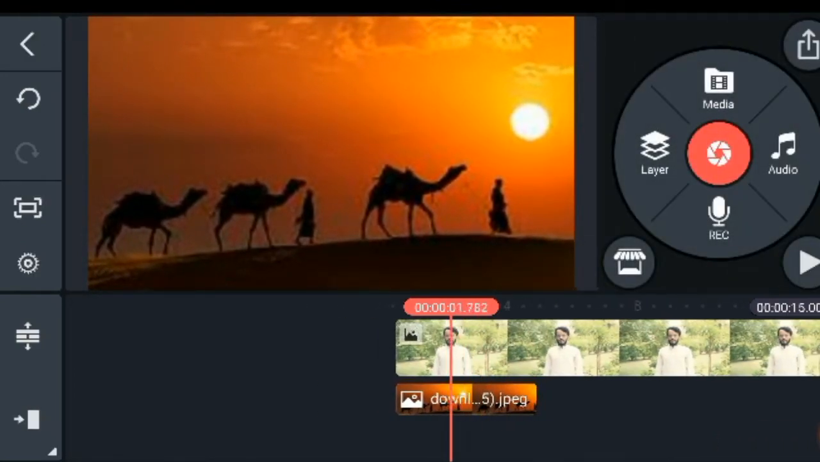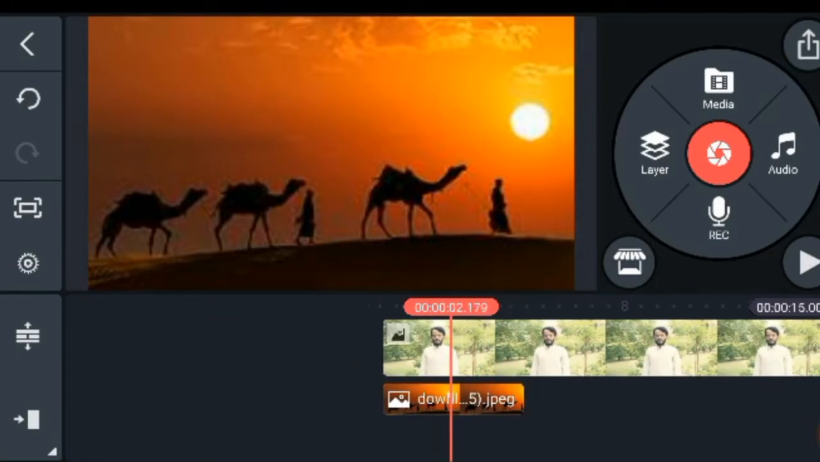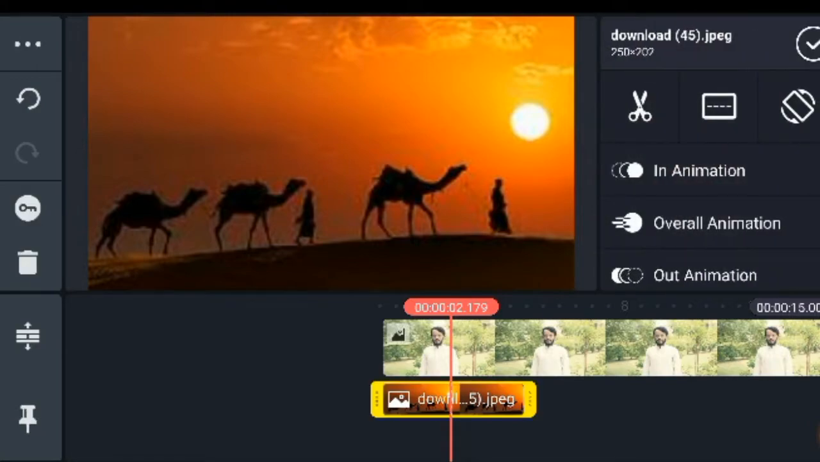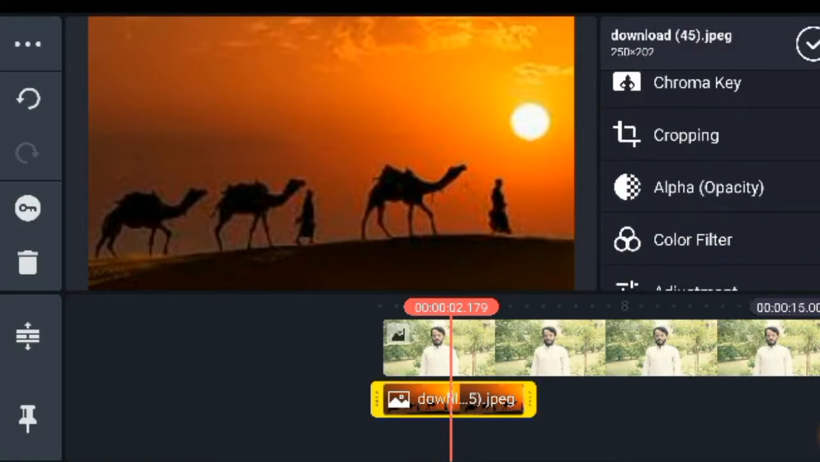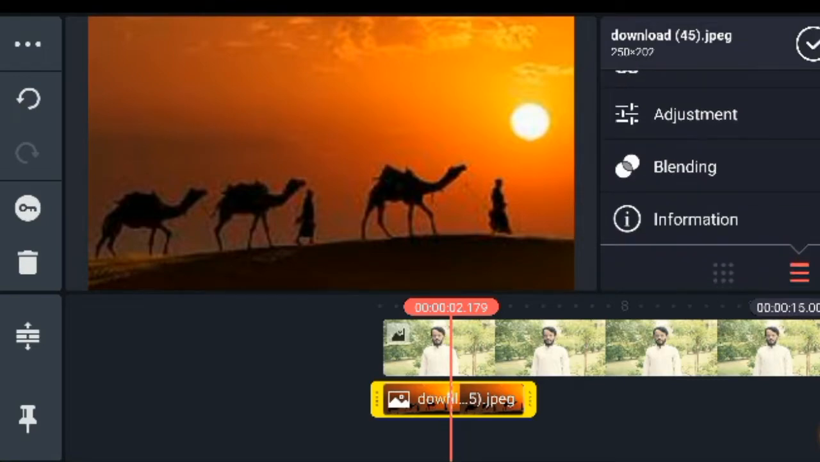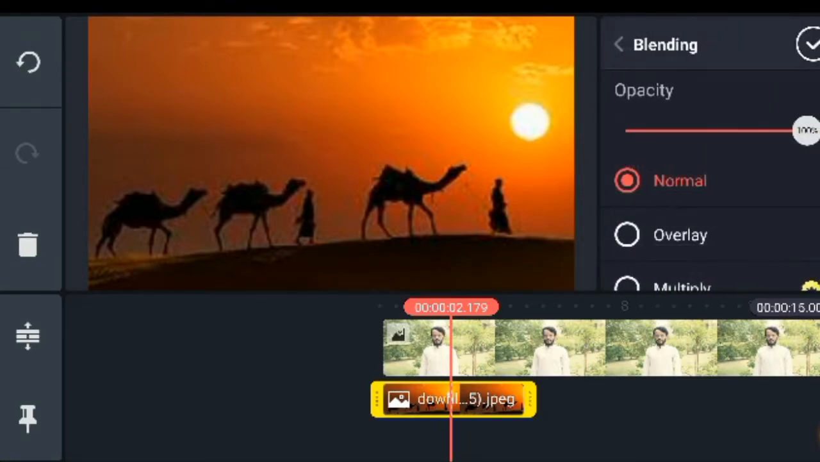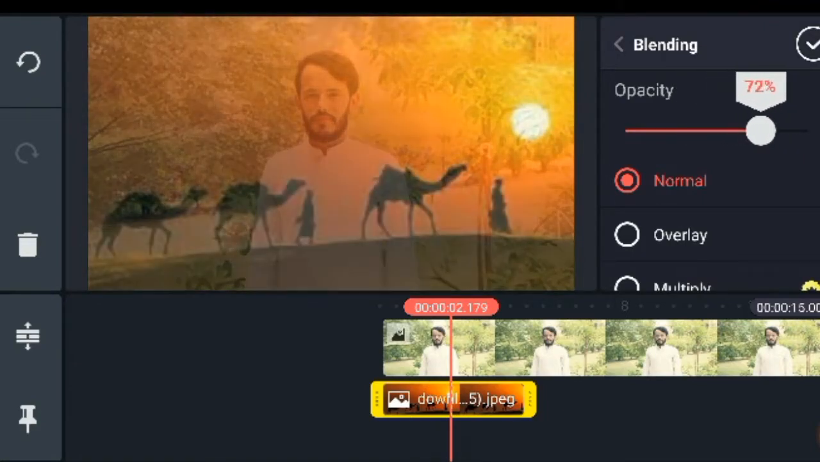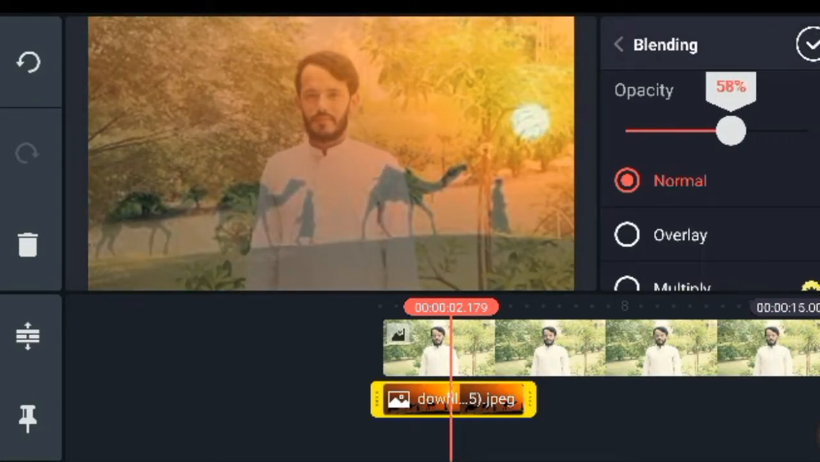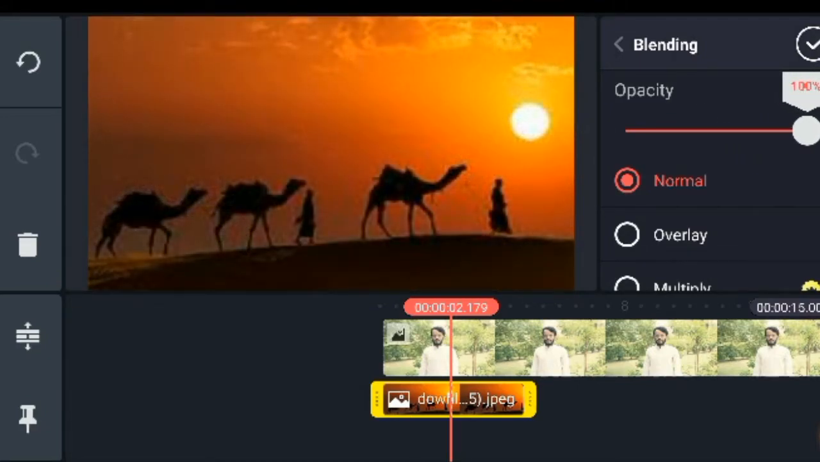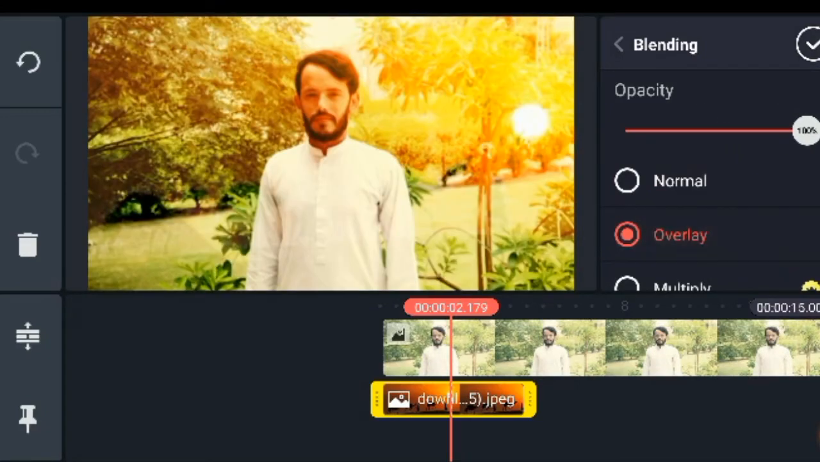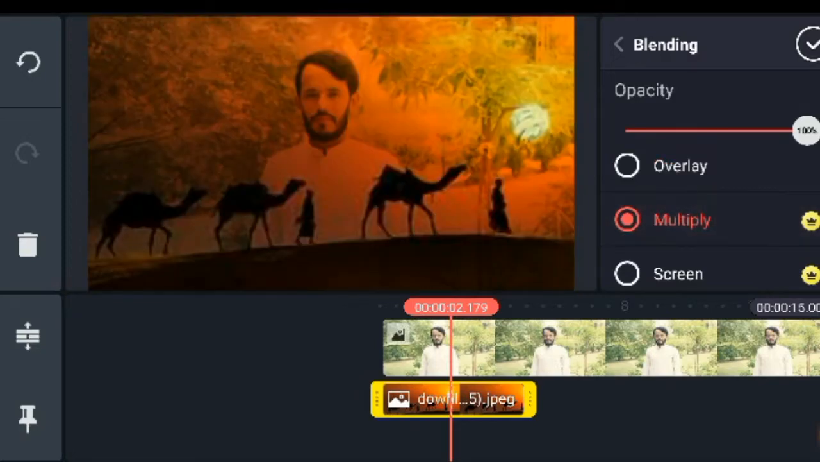Okay, and now we click on second layer, yes, and now we move downward, and here is blending options. Click on blending option, and then this is opacity, we decrease or increase, but we will keep it at 100 in this video. Okay, overlay, no, multiply, this one is used for